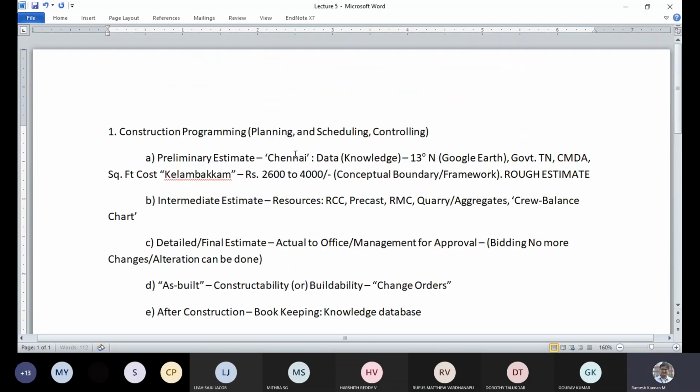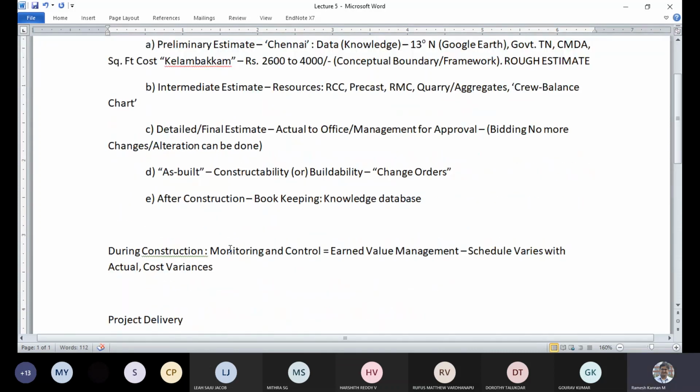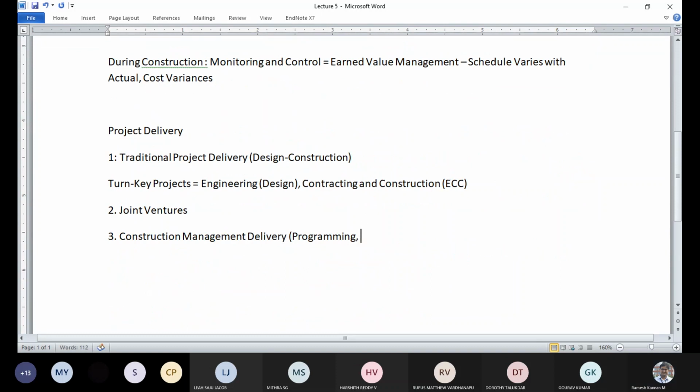That includes all those things like preliminary, intermediate, detail, and something like programming. Then design. That includes preliminary design, intermediate design, detailed design, and so on, right? And construction. Now people put contracting in construction also. So they say PDC, right? And construction management delivery. And then I would like you to search this term called